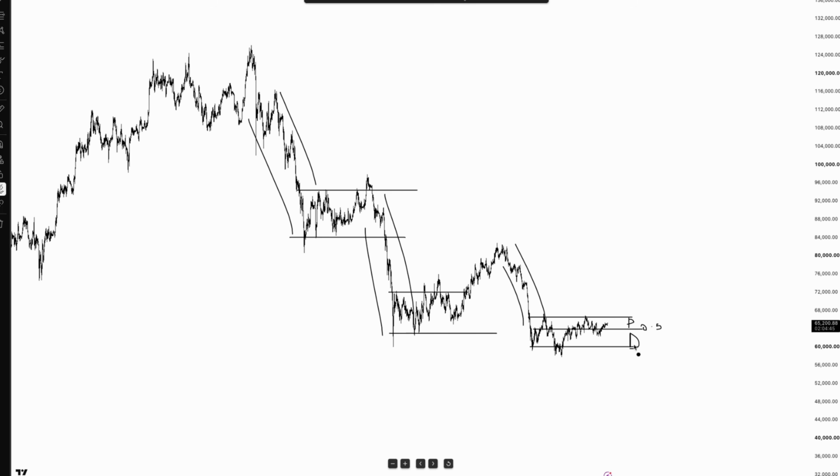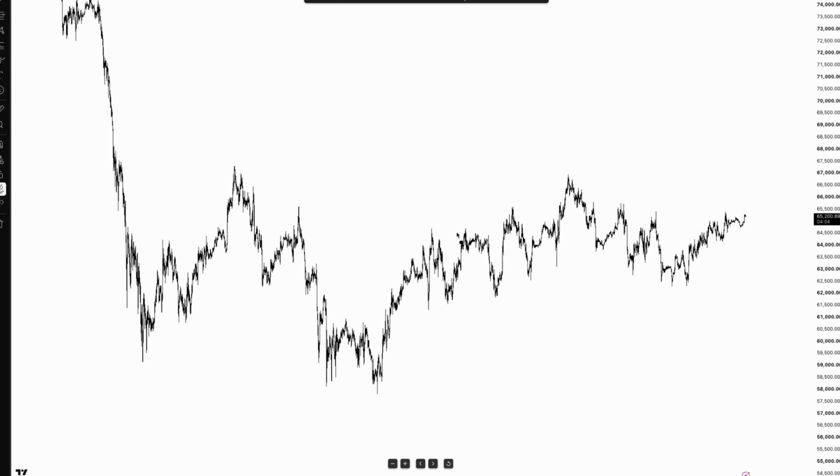We look for longs into the discount, and we look for shorts into the premium, as there are more sellers active in premium and more buyers generally active in discount. And that's how we are able to deduce which phase of the market we are currently in. And if you go to the lower time frame real quick, we will be able to see that the market